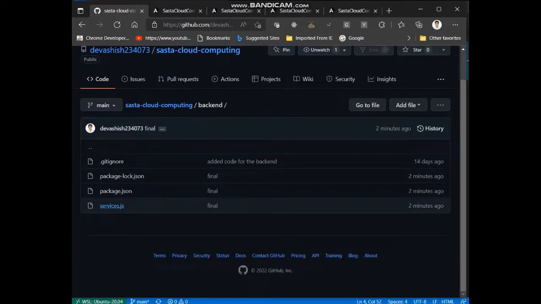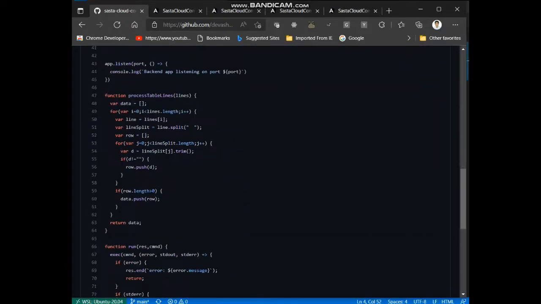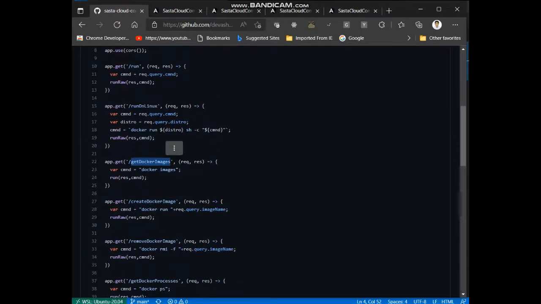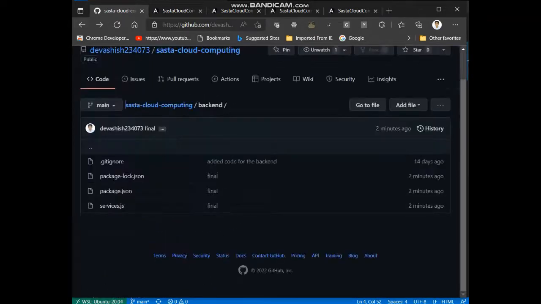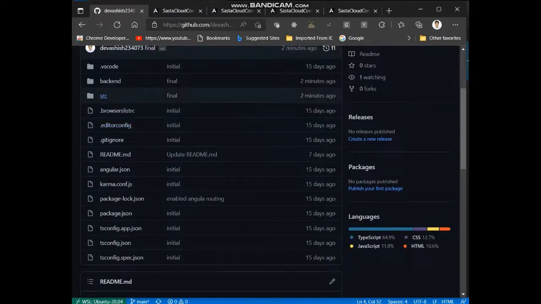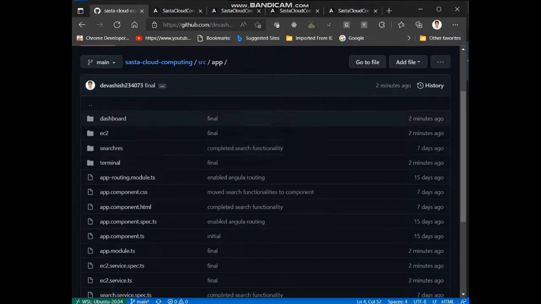This is the backend folder where I have the Node.js application that runs in the backend to run the Docker commands. You can see there are endpoints like remove Docker images, create Docker image, get Docker image, run on Linux. Those are being called by the Angular app. This is the root directory, the parent directory of this repo. So these are the components in the Angular app: dashboard, EC2, search result, terminal,